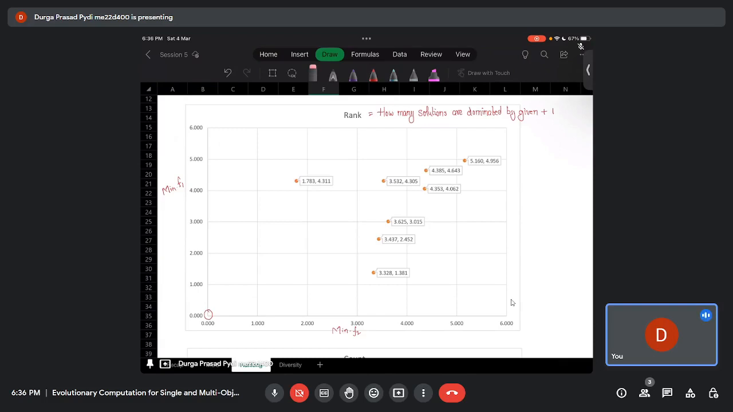So for the first point, if we draw the box, we essentially don't have any points in between. So the rank of this is 1. Now we will see this particular point. Even in this box, we do not have any solutions. So the rank of this will also be 1. Now if you happen to see this particular point,